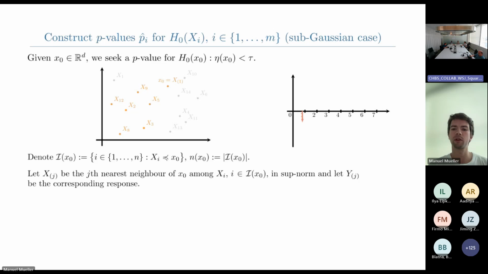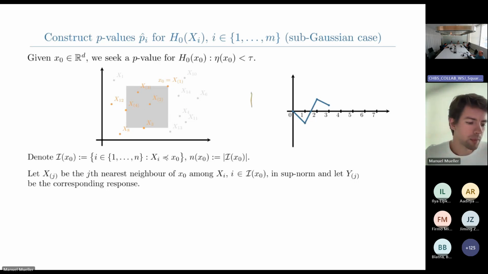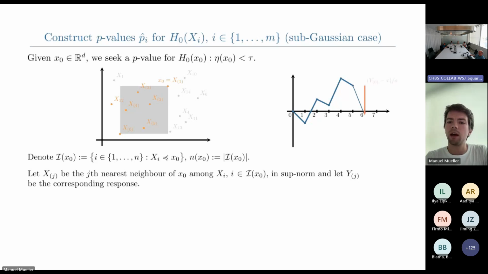We look at the concomitant response, and we do this usual set transformation essentially. And we record this amount of evidence that this one point gives us. And then we look at the next closest point in sup norm, for instance, but the kind of distance doesn't matter. We look at the score from that next closest point, and we add that evidence onto the previous evidence. Then we go to the next closest point and do the same thing. And we keep doing that. And by doing so, we construct an online or sequential procedure, because this blue line gives us something that's called a martingale, which under the null hypothesis should have a downward trend or at best stay roughly constant.